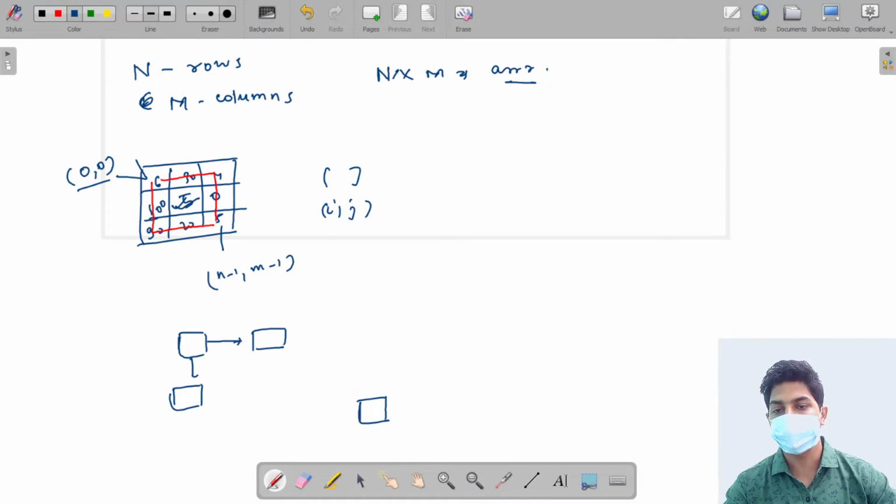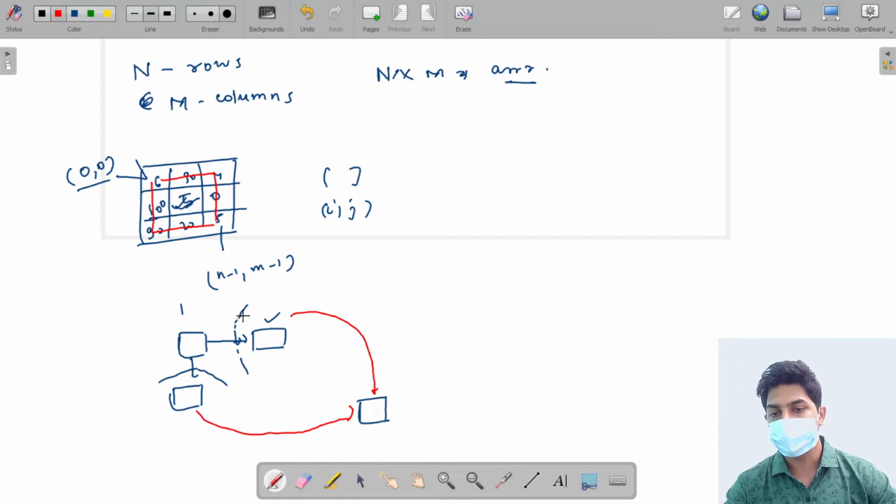So what I will do is ask my neighbor: tell me the least costly path from your location to reach the destination point. I will ask the same question to the other neighbor also.